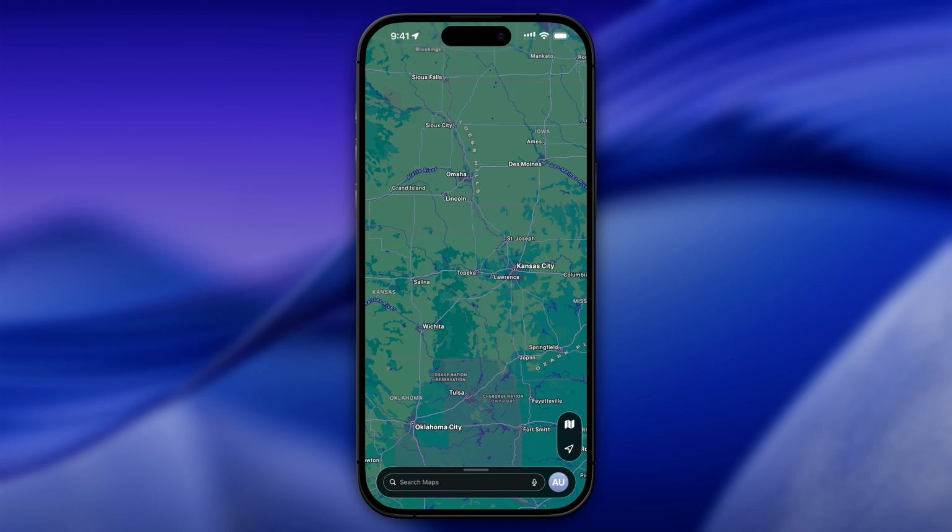Removing your home address from your Apple Maps is actually very easy, and in this video I'll show you exactly